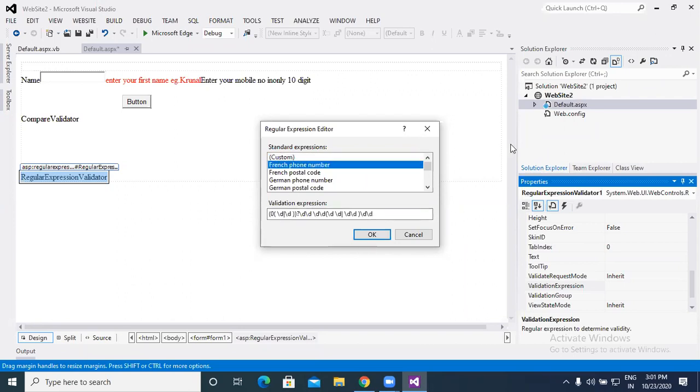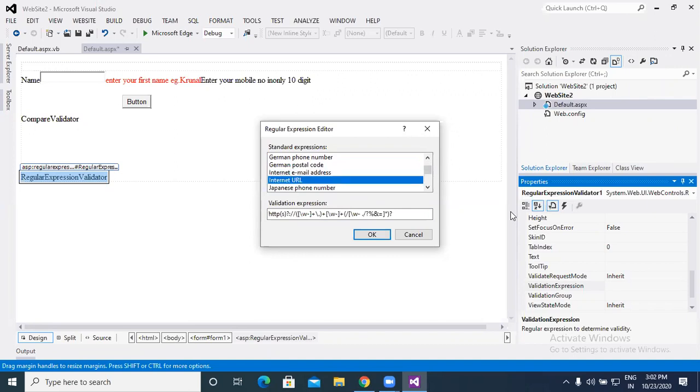So for example, let us check. I can select a French phone number. The code came here automatically. Same thing, the code will be available on Google and we can copy and paste and use it as a custom one. If you wish to set a pin code validation 396360, do that. If you wish to validate an internet email address, we can set internet email address.